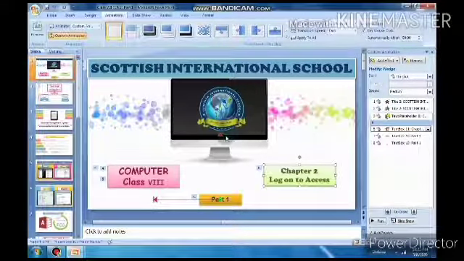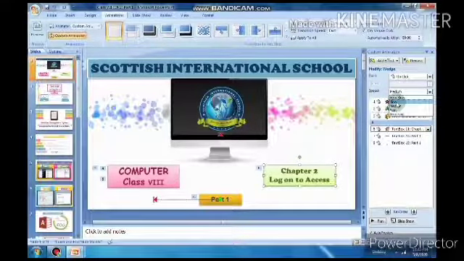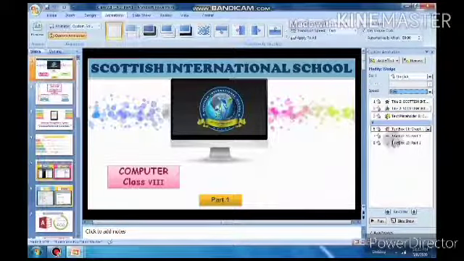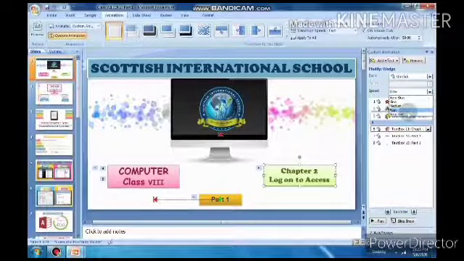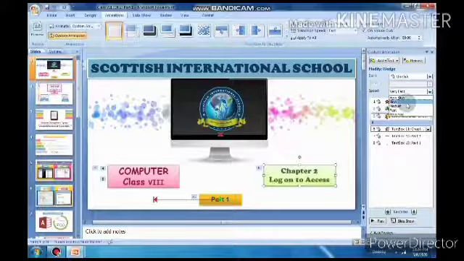Now you can perform more options. If you want to change the speed, you can change it from here. Very slow, slow, medium, fast, very fast. You can change from here. I have selected slow. It is slow. Now very fast. Like this you can change the speed also.